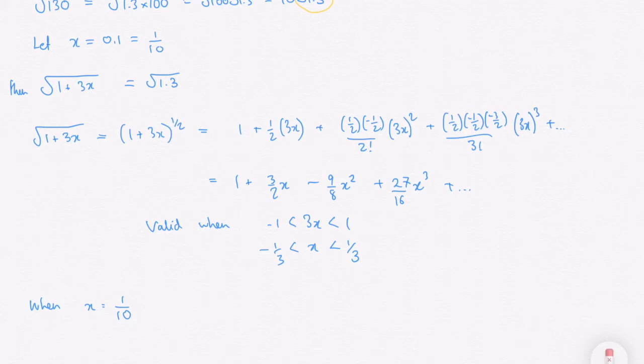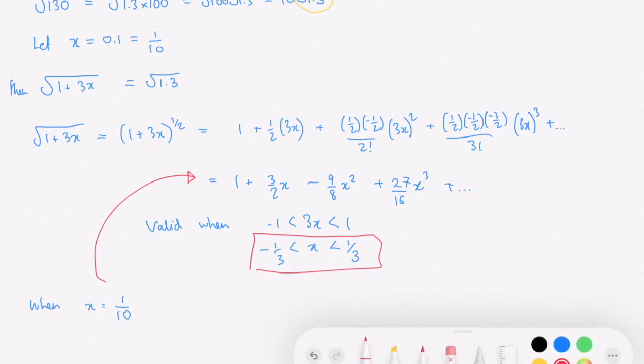So if we substitute x is 1/10 into our binomial expansion, we should get a good approximation of the square root of 1.3. It's important that this is only going to be a good approximation if x is between negative a third and a third, but 1/10 definitely is between negative a third and a third. So making the substitution, we get that